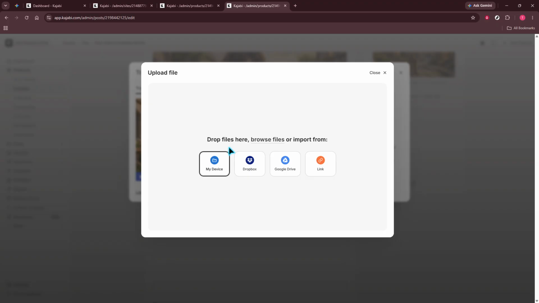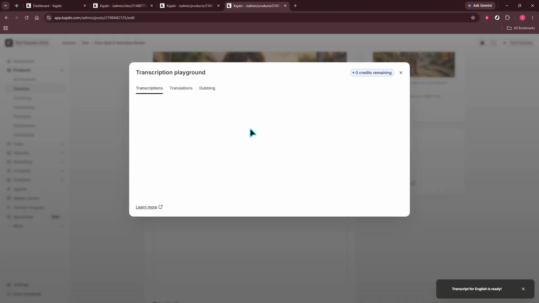Once the captions are processed and saved, it's a good idea to verify that everything worked correctly. From the student's perspective, the video player should now